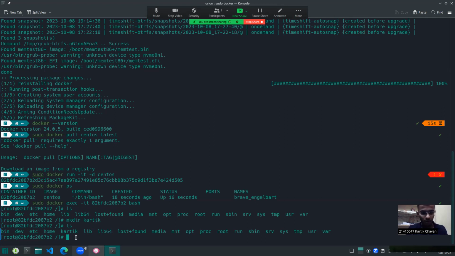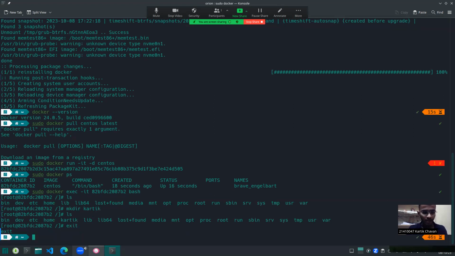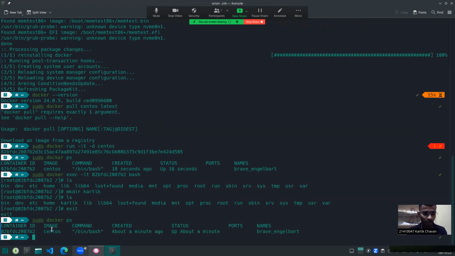Now for coming outside of this, we will exit it, and now again we will see which containers are there. Again we will do sudo docker ps. It will list all the containers which are running currently. We can see CentOS was started about a minute ago, and the container ID we can see.